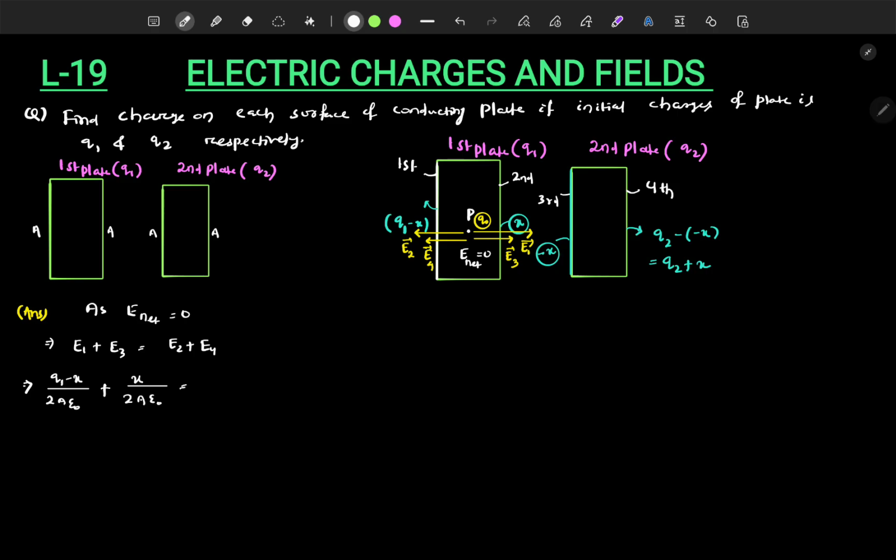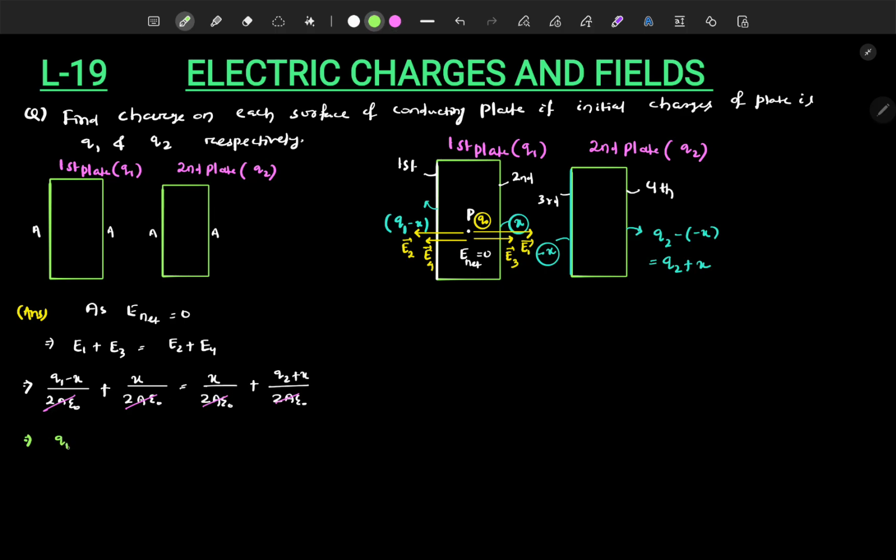This equals E2 value. Second surface charge is x, that is x divided by 2A epsilon naught, plus E4 value. The charge on the fourth surface is Q2 plus x, divided by 2A epsilon naught. So after solving we get